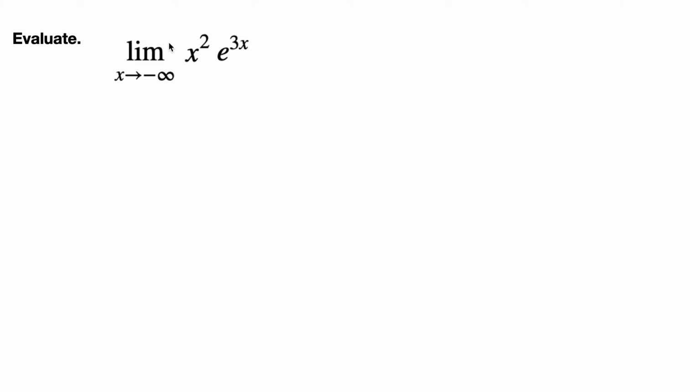To evaluate this limit, we have x squared times e raised to 3x. If we take x equals negative infinity, here we get negative infinity squared times e raised to 3 times negative infinity. Negative squared means positive. Very big times very big means still big, and 3 times negative infinity means a number times very big is very big, so negative infinity,